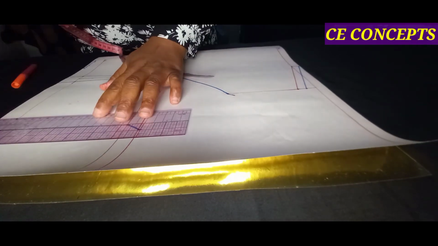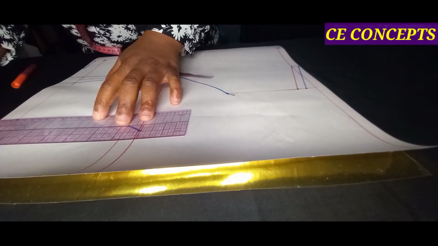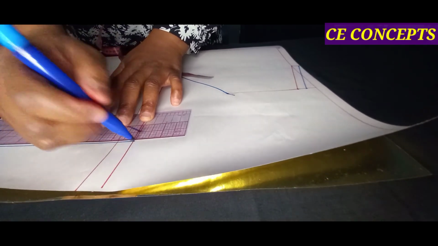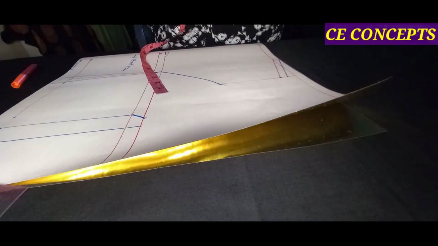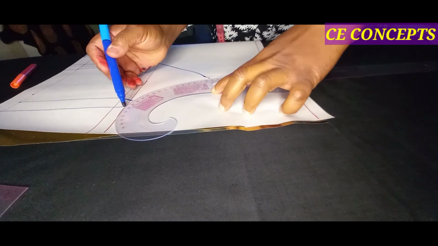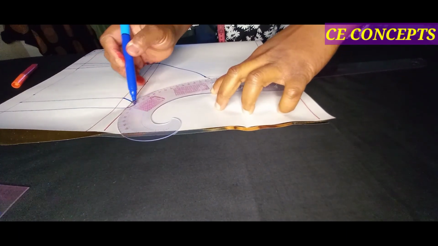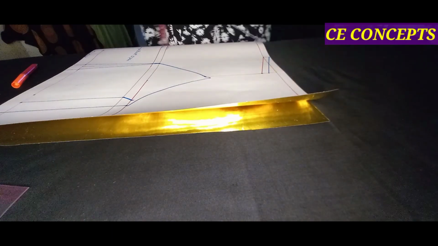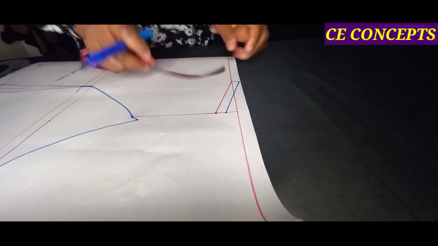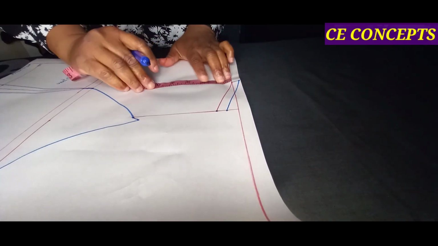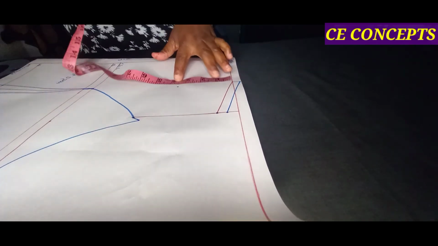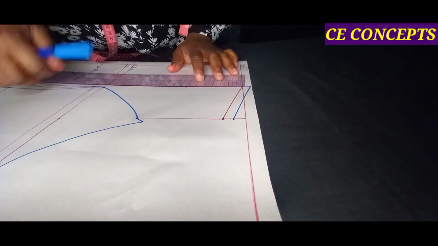And before that, let me add my sewing allowance. I will just add 1 inch here. Then I'll connect it like so. That's our armhole. Then our depth, the neck depth now, I will just come down by 1/2 inch from the shoulder line. I'll come down by 3.5. Okay, so you connect it with the shoulder line